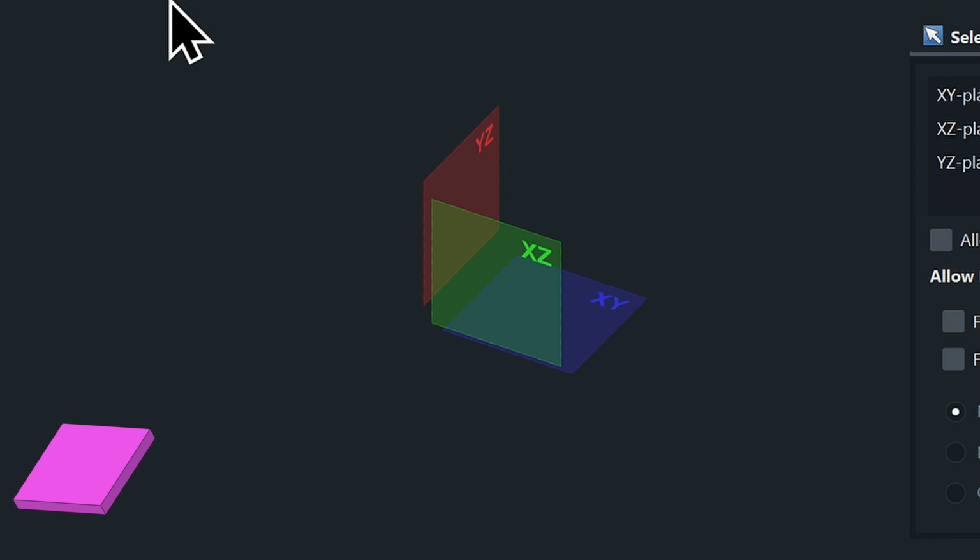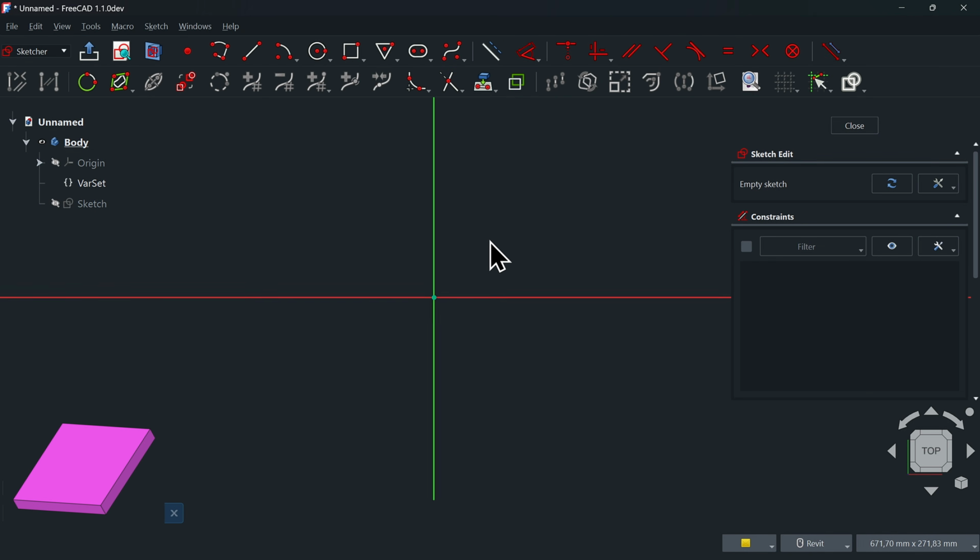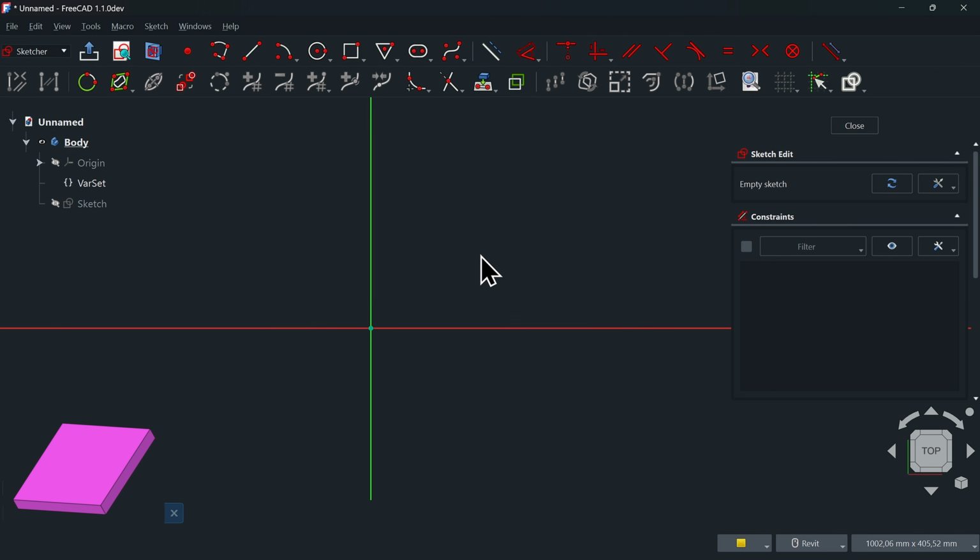In the viewport, you'll see the 3 origin planes of the part. Since we'll be extruding along the Z direction, the height, we're going to click on the blue XY plane. The view will automatically rotate, so you're facing the plane straight on, just like drawing on a sheet of paper. Since the shape we need to draw is a rectangle that we'll later extrude, we'll use the rectangle tool from